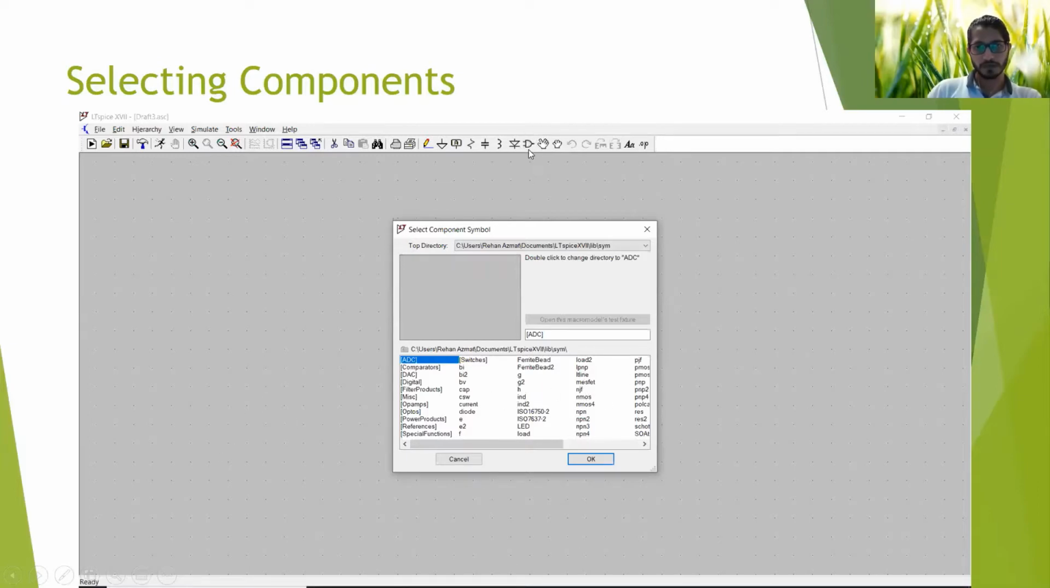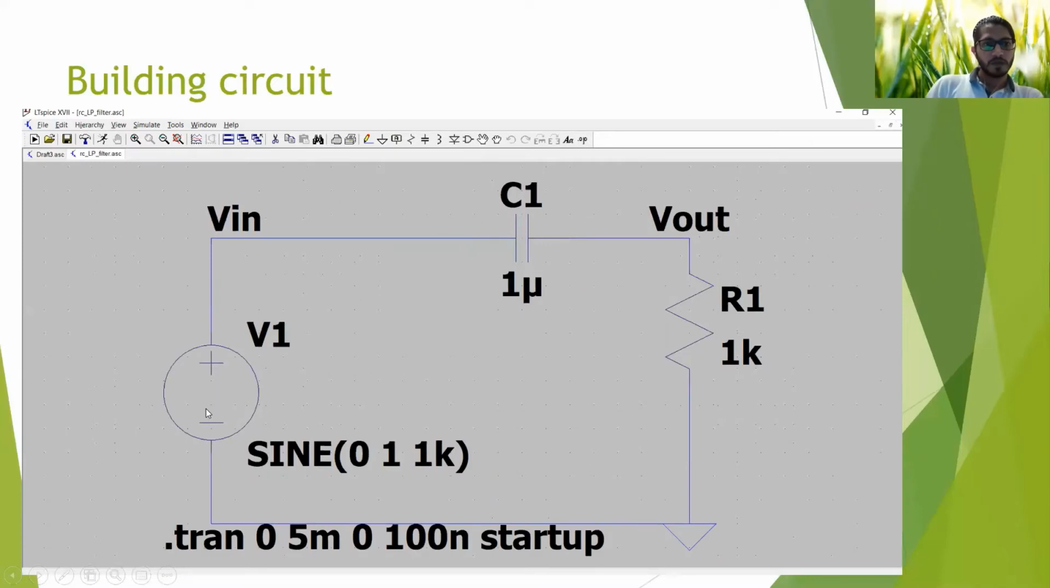Just click on this AND gate. This will appear. I will show you later. And then this is the circuit I made. This is the high pass filter. Now I will move to the software so that I can show you